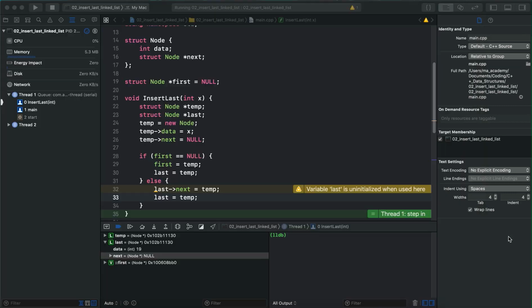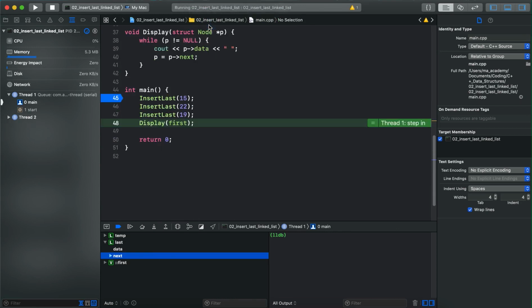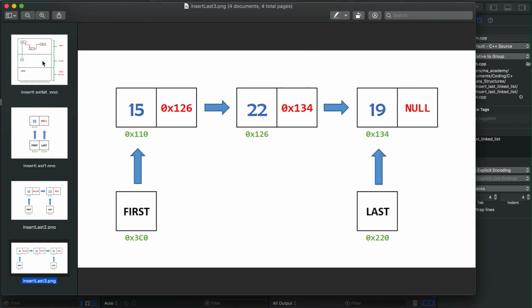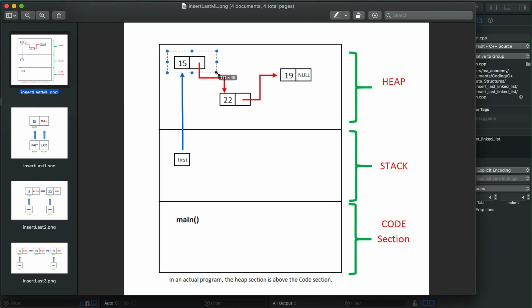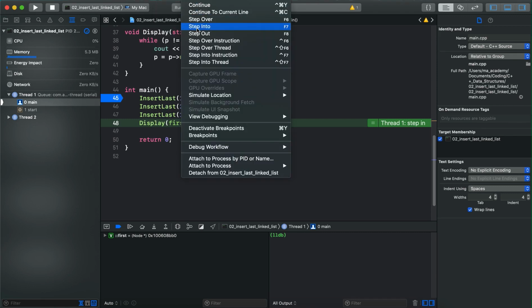Next, what we do is we display it. So again, let's step into. In here we can see that we call this display function. The display function takes a pointer, which is the first. This display function takes the first, and first is pointing to the first node inside the linked list. So we are saying display is equal to first. When we step into it,